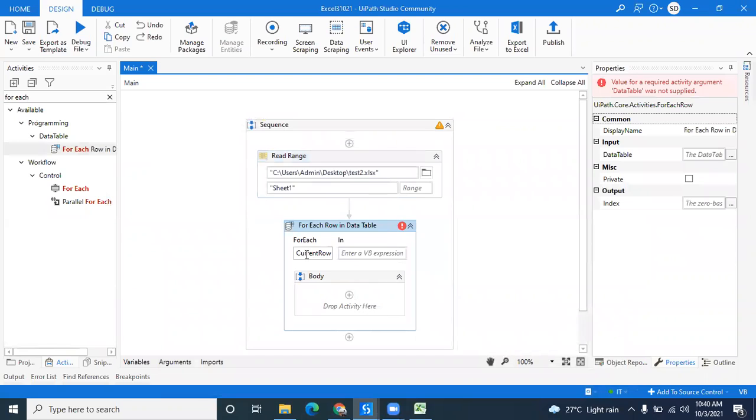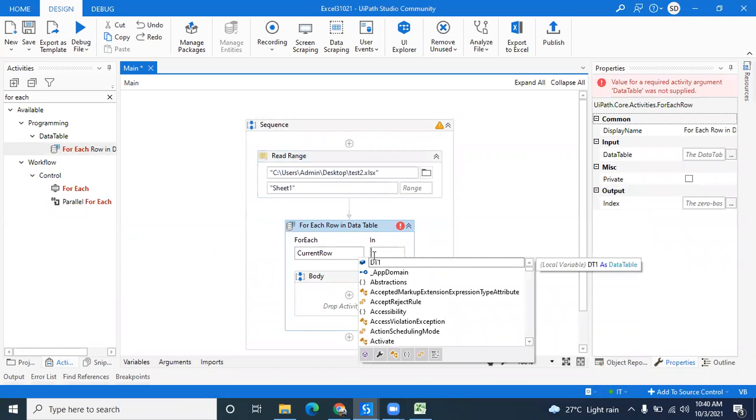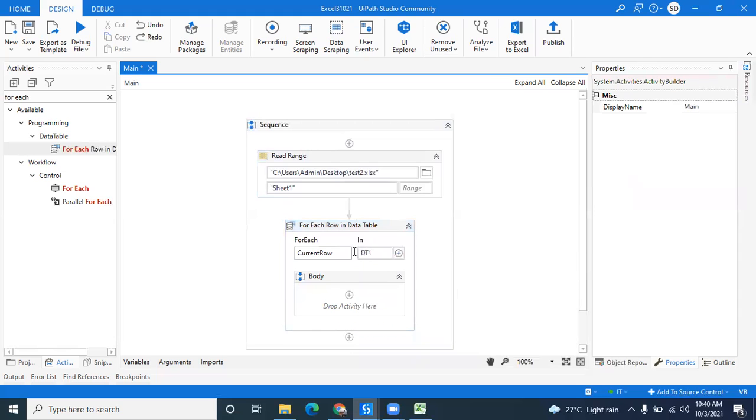Here is the current row for each row, and in we have to pass the variable name of the data table. We have already created the data table DT1, so we can pass DT1 here. How do you create that variable so it appears in the panel?